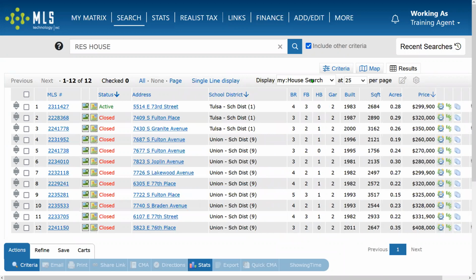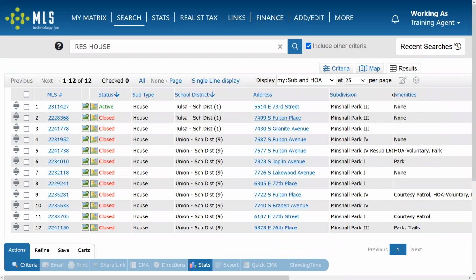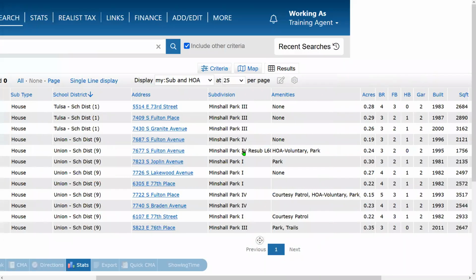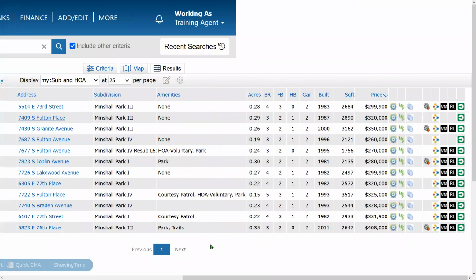So if you guys do find that you're wanting to add in some really unique elements of this, that's going to be the manage display option. So here's one where I have the subdivision and then the HOA amenities. If I had somebody that was searching specifically for, oh, I want to have a pool nearby or make sure that there's a park in the area,